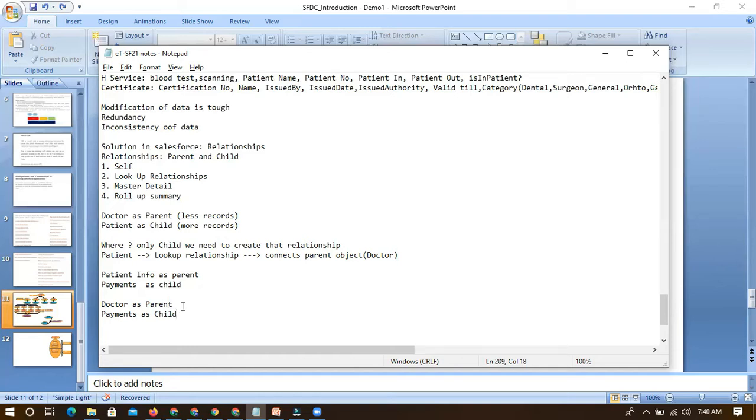There was no connection as of now. Now we are creating an object to object relationship. Anyways, a doctor will not do any payments, so I'm changing this doctor to patient. The patient will have some payment methods and all. So we have a patient object, and we also have a payments object. Now I want to create the relationship between payments and patient.